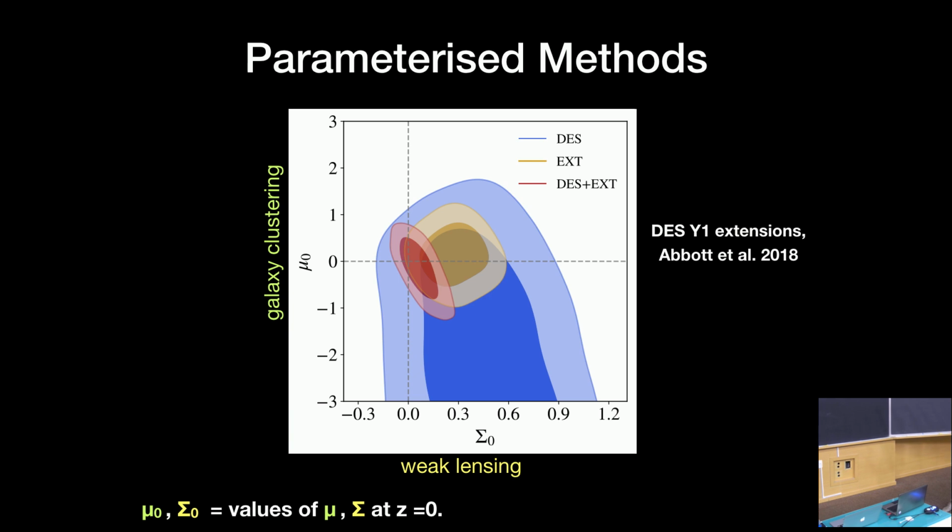Because it's Y1 and it's mainly lensing, it's principally constraining sigma, and so they combine with external data sets to get this much tighter set of contours which are centered on the GR value. Well, centered, they are encompassing the GR value easily at 0. What's the external data? I forget. Anyone who's on DES want to tell me what the external data was? I think it was things like Planck and BAO and supernova, all the usual suspects.